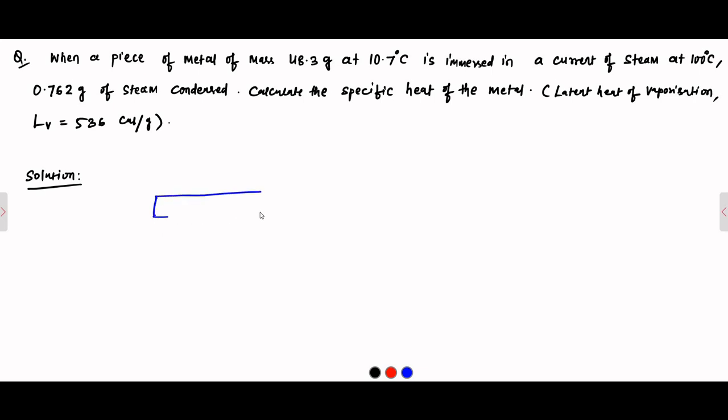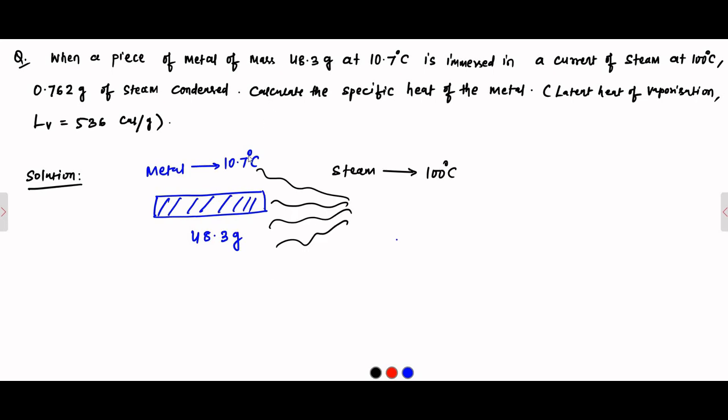Okay, a piece of metal. It has a mass of 48.3 grams. Now it is dipped in a steam current. Let's say it's something like this. So the steam